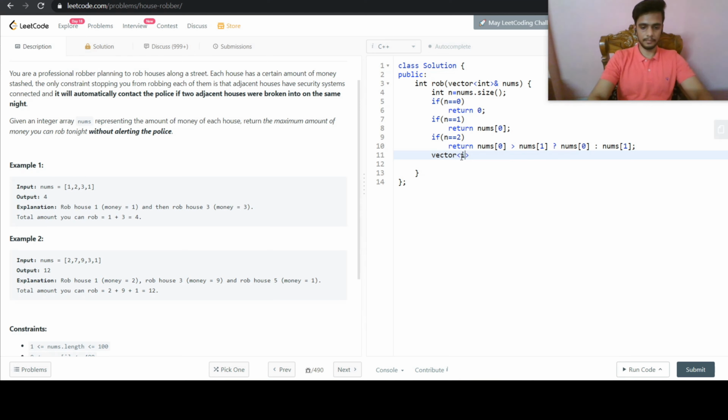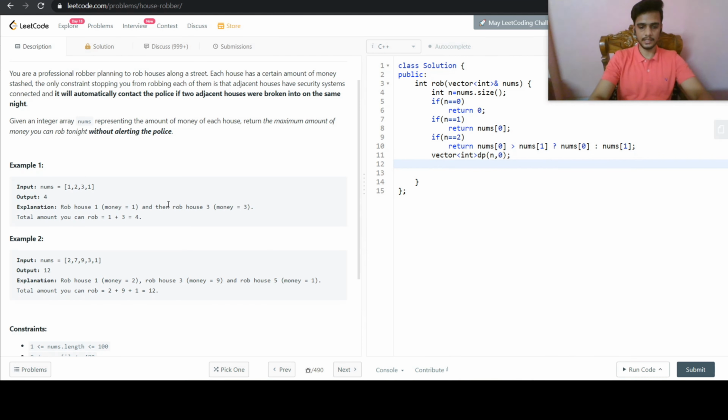It will be of integer type, and let us name that dp. Its size would be the same as our nums array, so it will be n, and we will initialize all the values with 0.